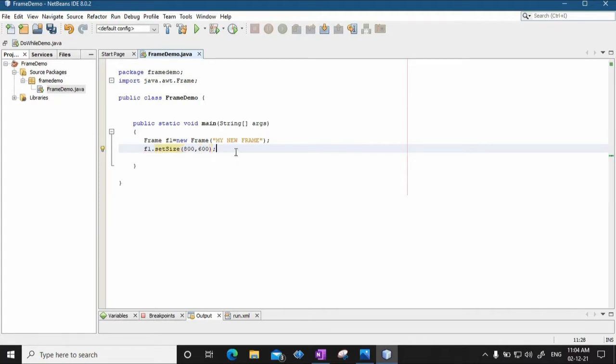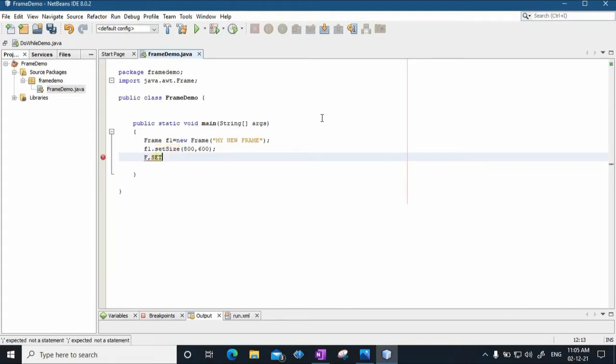Width is 800, height is 600. And I will just say f1.setVisible. Set visible is a method that can be used.